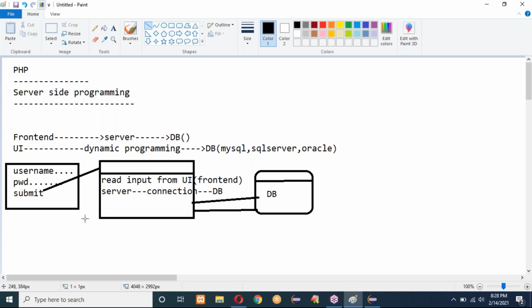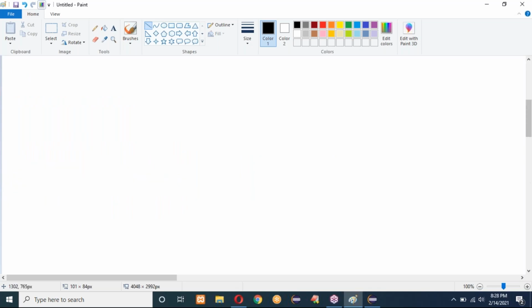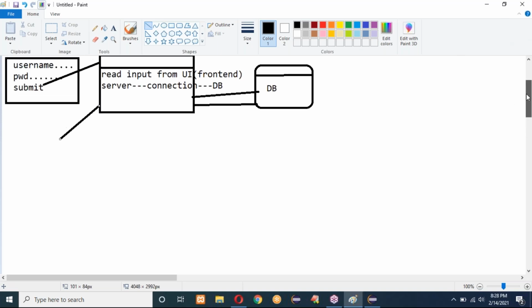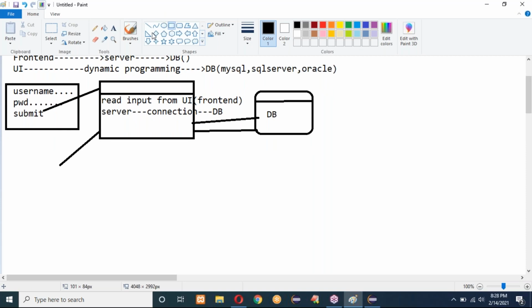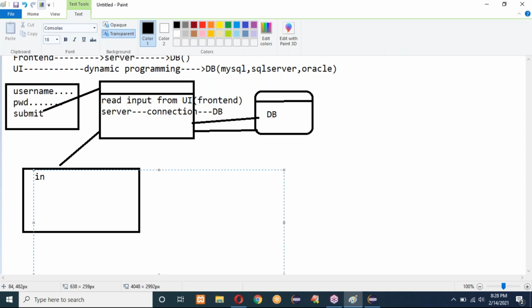Again, this server page has to give one more output. If the username and password are correct, it has to give the next page to the user. Whatever the next page we have, it has to give that. One more front-end page it has to give to the user. This type of interaction, if the username and password exist, we have to show